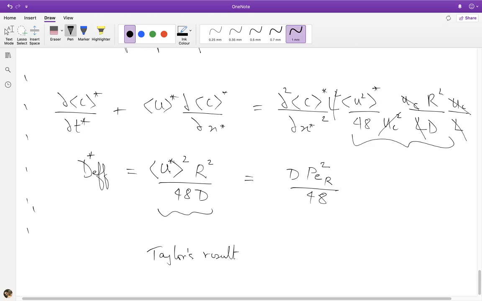So the faster the flow, the more the dispersion, because after all it's a convective process. But what this tells us is that the convective process causing dispersion is counteracted by diffusivity. So the physical basis of that we'll come to in a second. Before that, it's useful to consider,